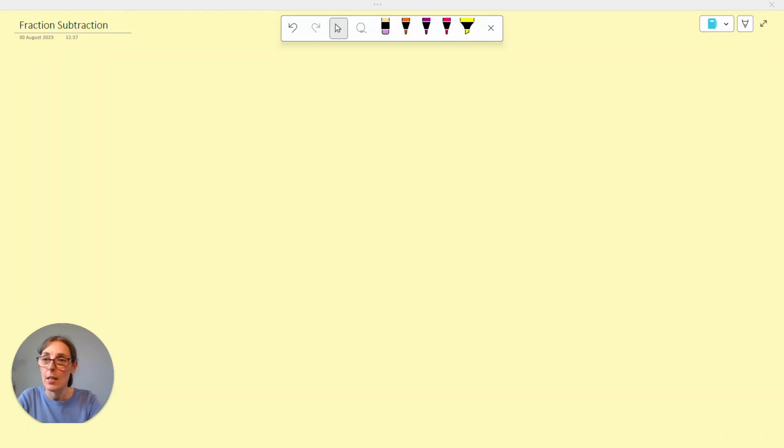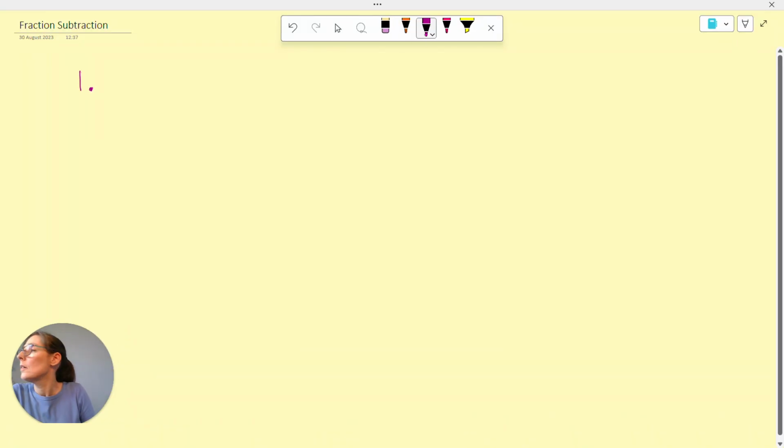Hi, okay, so we're going to do a little bit of fraction subtraction now. And yeah, you're welcome to work through them with me. Let me find this. There you go. Okay,